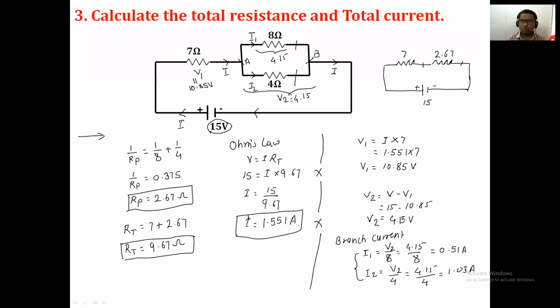Whatever the basic properties we discussed about the series and the parallel circuit, to clear those basic properties, I have taken these 3 examples. Is it right? And from the next lecture onwards, definitely we will try to solve a few more numericals on the series and the parallel circuit, so that your concept about series and parallel circuit will be complete.